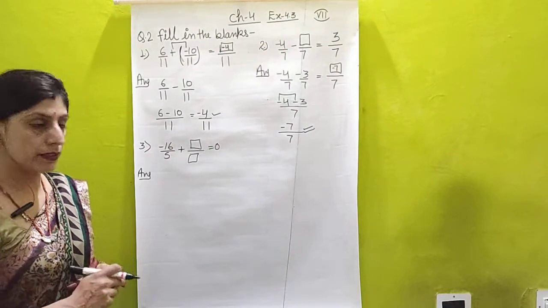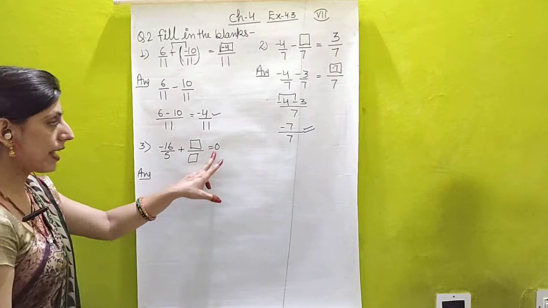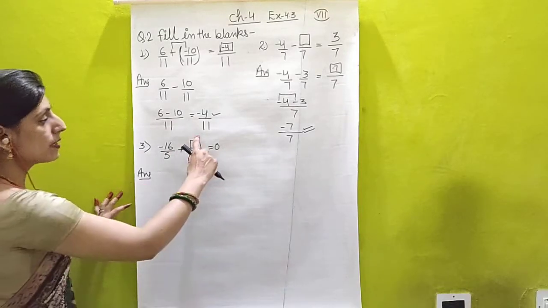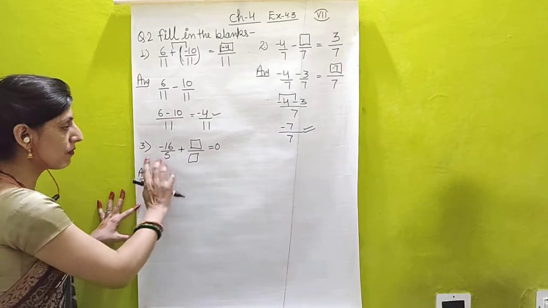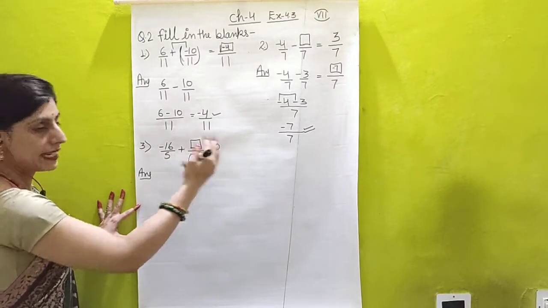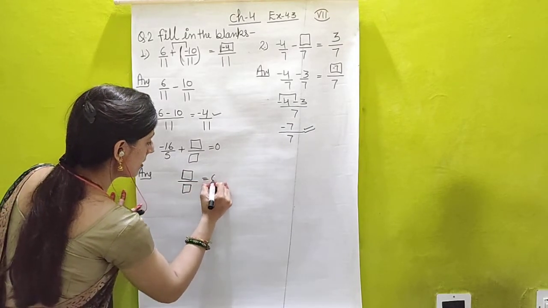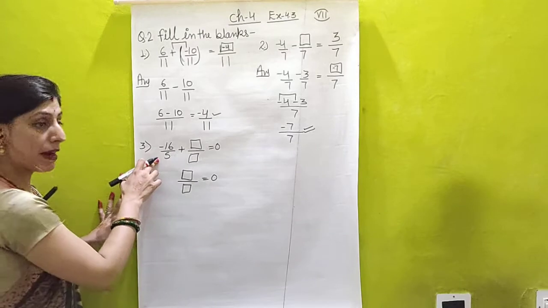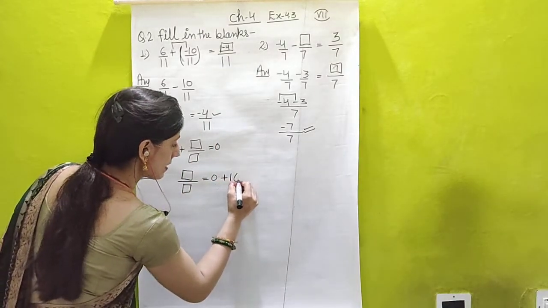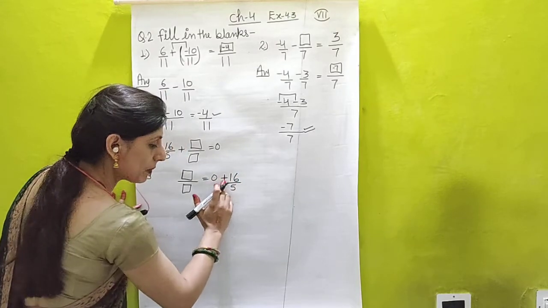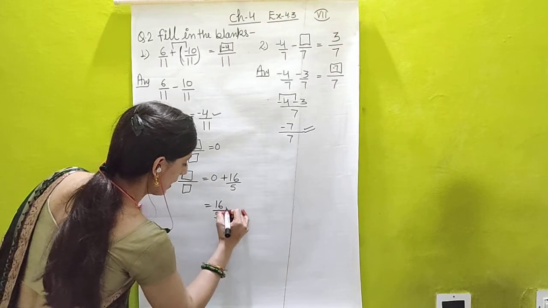In part third, minus 16 upon 5 plus a blank is given, which equals 0. We will find the value of this blank, so it will remain here, and then minus 16 upon 5 we can transfer to the right hand side. So the blank will come here as it is, then 0. This is with a minus sign. When it goes to the opposite side, it will be with a plus sign. 0 plus 16 upon 5 will be 16 upon 5, and this will be your